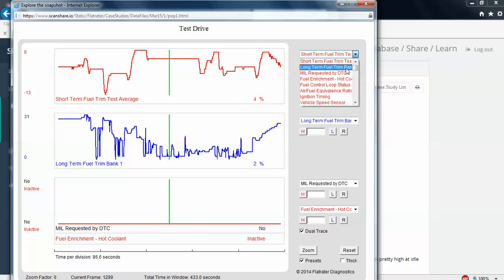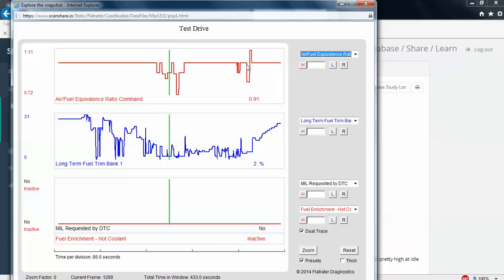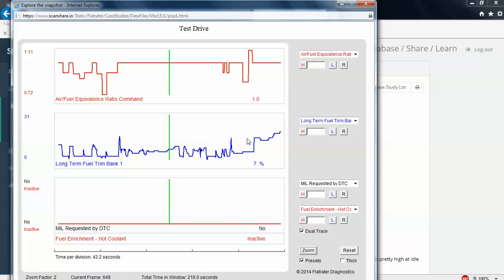Now I could change my PIDs. I can click on the images, on the graphs, and move the cursor around. I can change the min-max values in these PIDs, and it's working fine. Now we will have another video on how to use this applet a little more in depth, but there's a lot you can do with this. You can zoom, you can change min-max on the graph, you can move the cursor around, and you can do a number of other things. So we will have another video for that,